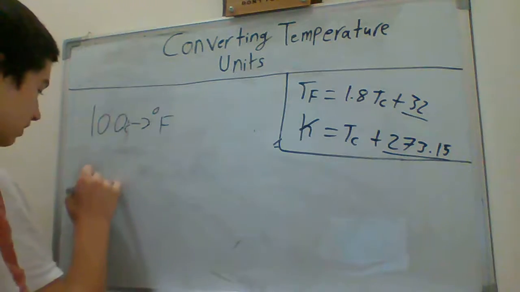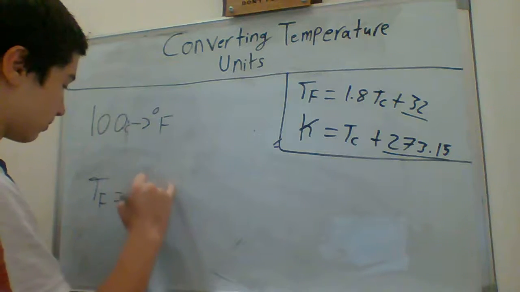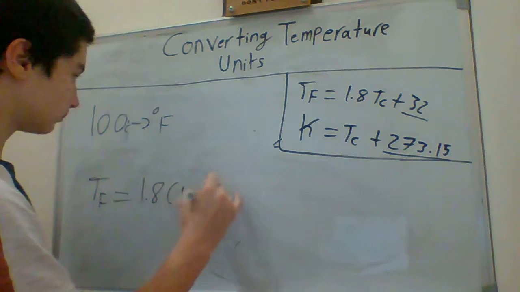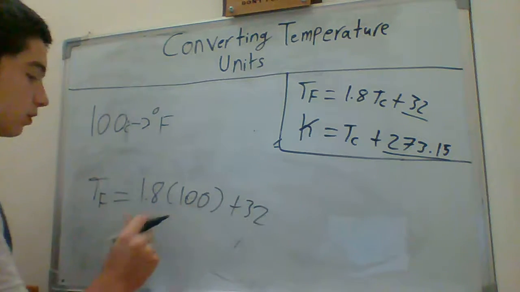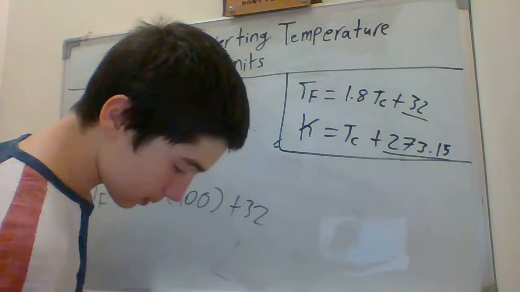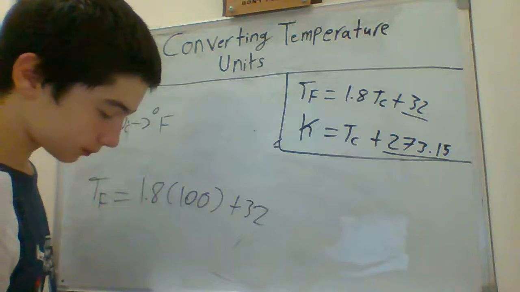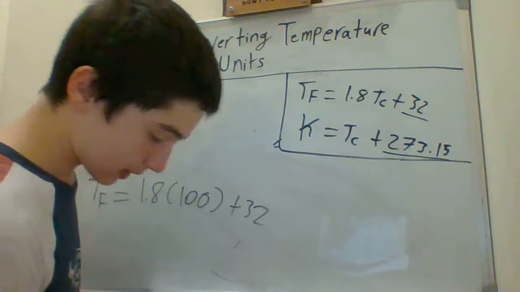So we're going to write here TF, because we don't know the temperature of Fahrenheit, equals 1.8 multiplied by 100 plus 32. The 100 is all about Celsius, so we do the math: 1.8 multiplied by 100 plus 32,